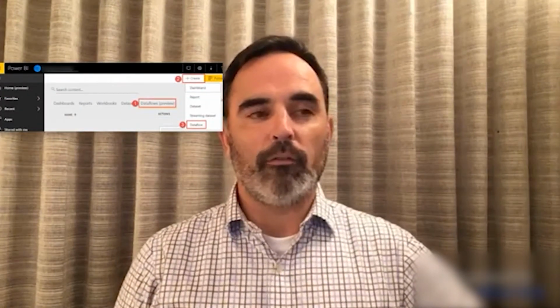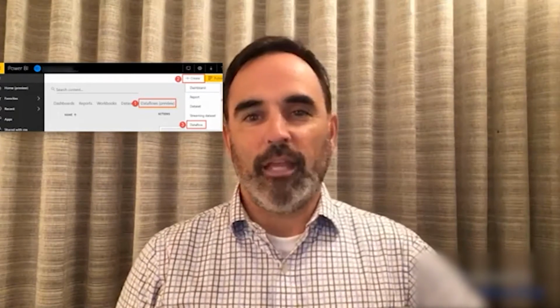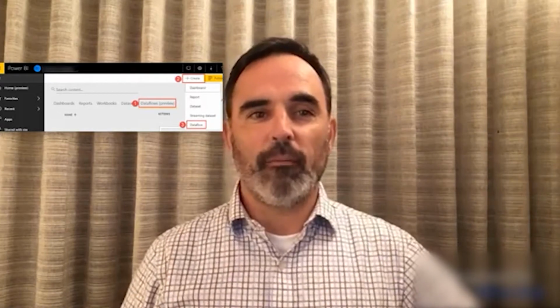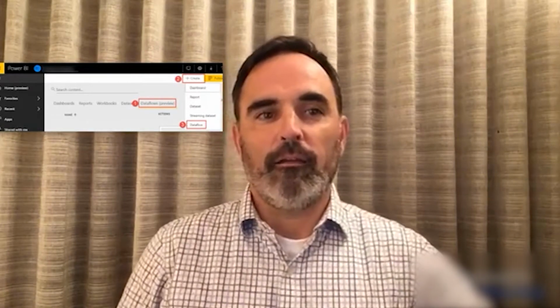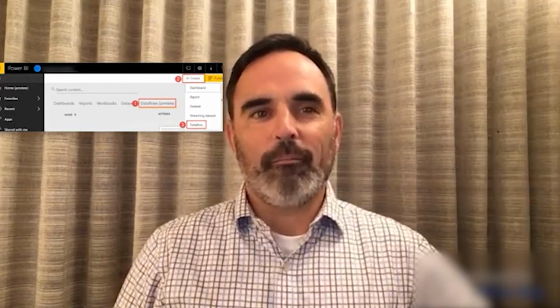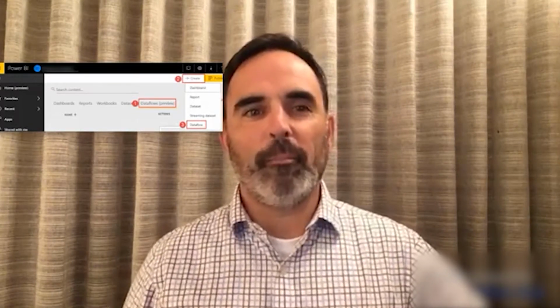We can use that data as a source for a machine learning model, for example. So the data flows are available, or you create them, I'm sorry, through the Power BI service. And this next screenshot shows you quickly how to do that. If you go out to your workspace, you'll see the data flows marked as a preview. If I select that I want to look at my data flows, I can see what data flows I have, but then I can create them up in the upper right by clicking the Create button